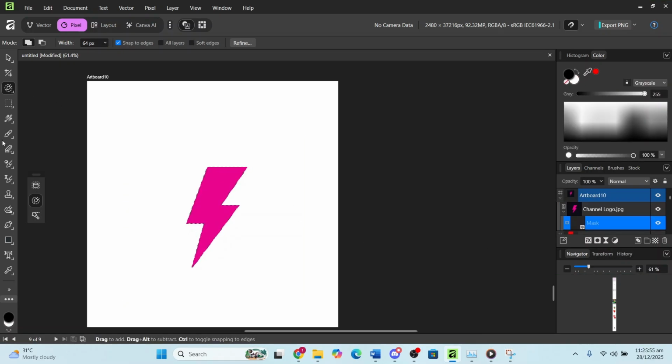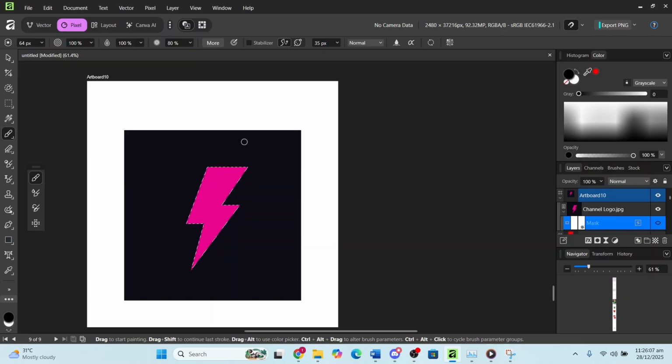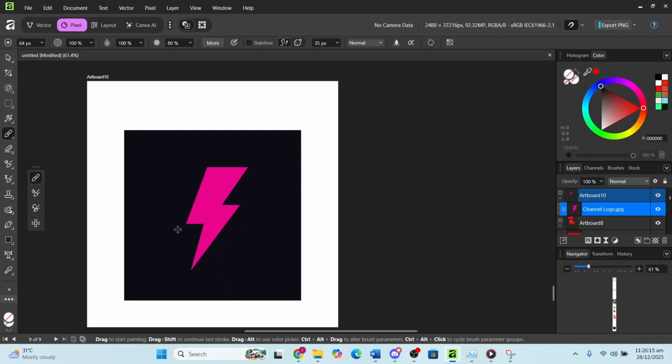So if I come here and use the paintbrush tool, as you can see, whatever I draw inside this will actually stay here. And if I toggle this visibility off, as you can see, the rest has not been affected. And then we'll go ahead and undo all of this, and we'll go ahead and do the same thing to